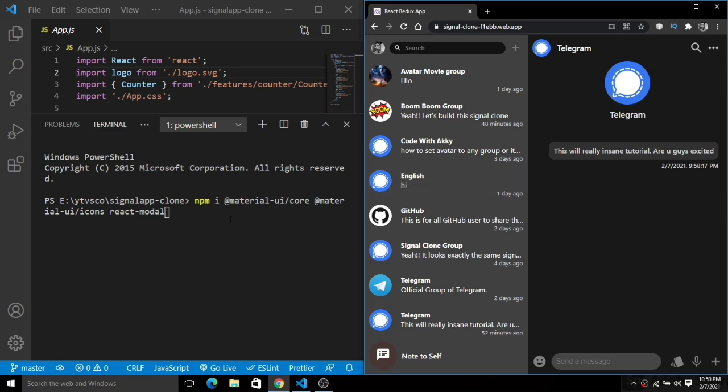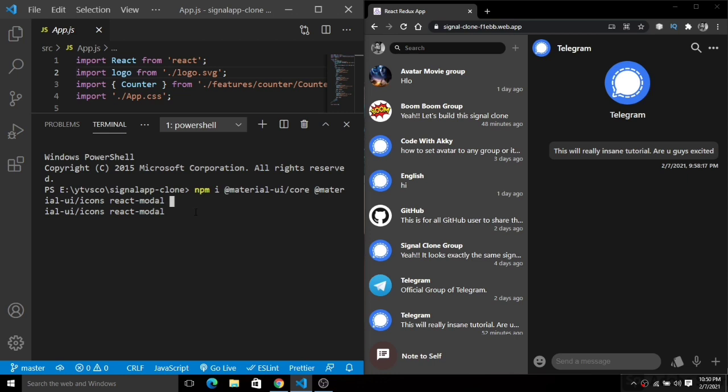For that you have to simply install the dependencies for the React modal. So we have this Material UI core, Material UI icons, and this React modal. And lastly, we are going to use Firebase for the backend stuff or for the hosting. So that's it.